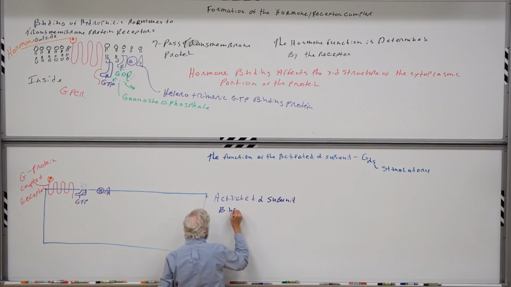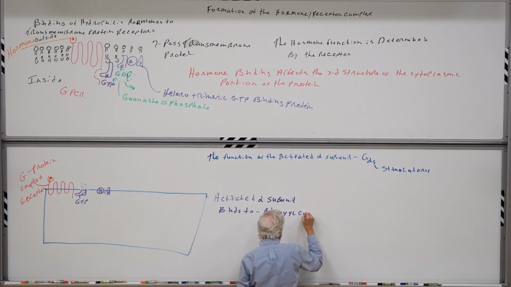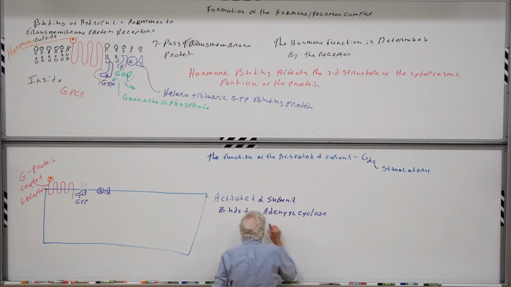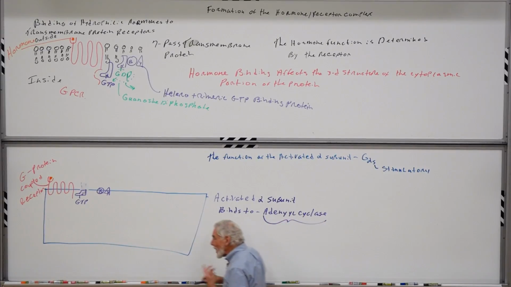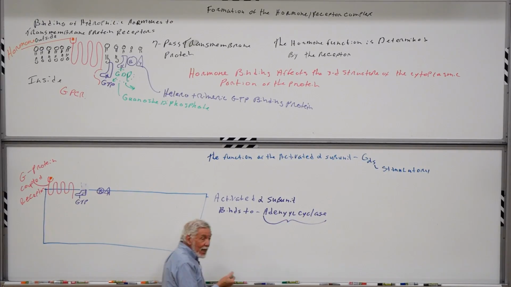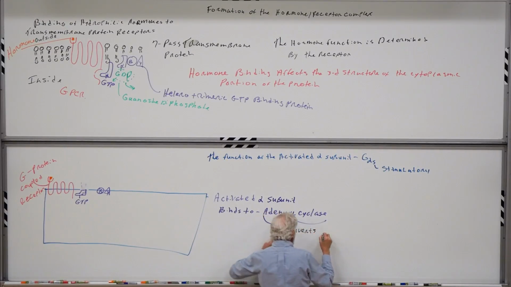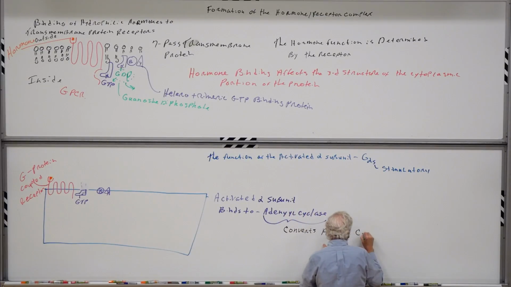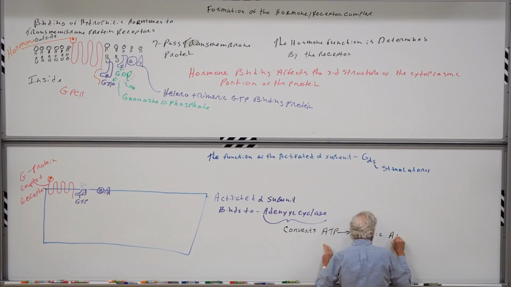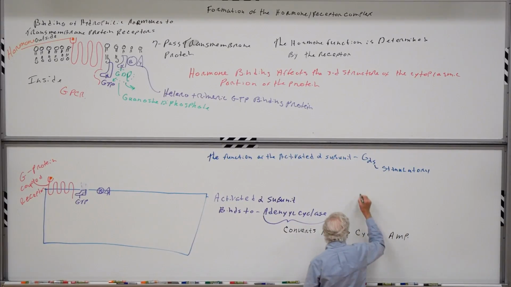binds to a protein called adenylyl cyclase. Now, there's meaning in this term, adenylyl cyclase. What the adenylyl cyclase does is it converts adenosine triphosphate, ATP, into cyclic AMP. I'll show you a picture of this later, but basically what it's going to do, it's going to take